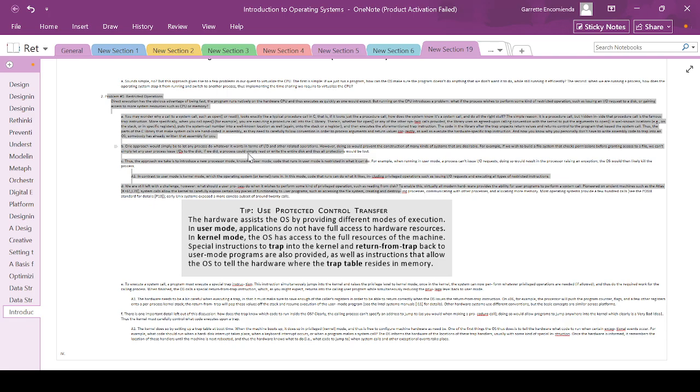You may wonder why a call to a system call such as open or read looks exactly like a typical procedure call in C. That is, if it looks just like a procedure call, how does the system know it's a system call? So if it looks like a procedure call in C, how does it know that it's a system call and do all the right stuff? So this is where the trap comes in. These are written in assembly, so it's not written in C. That's the answer. The simple reason: it's a procedure call, but hidden inside that procedure call is the famous